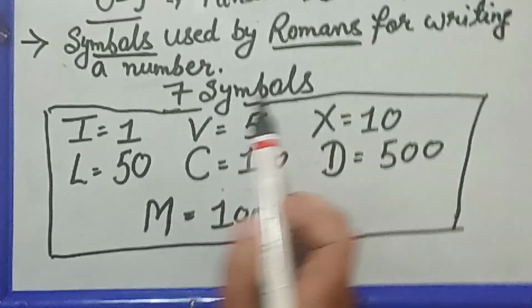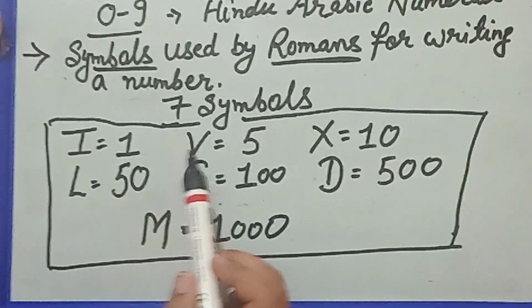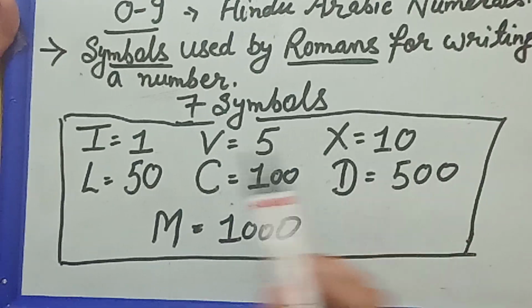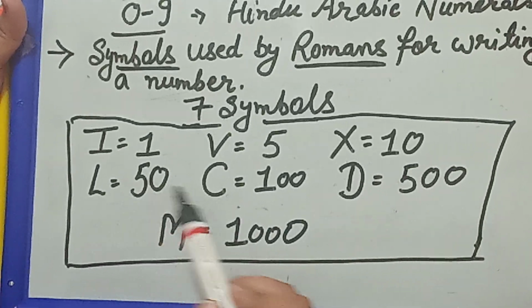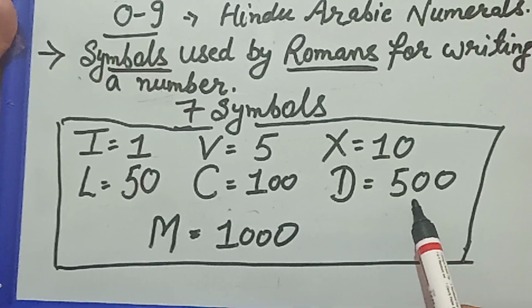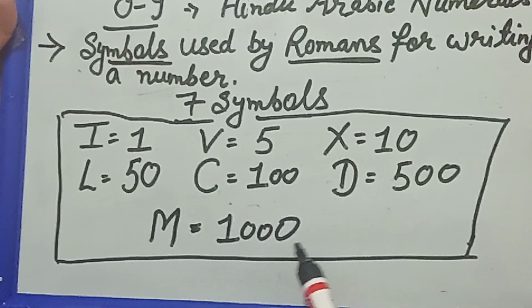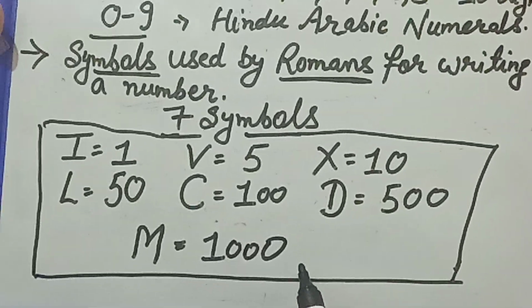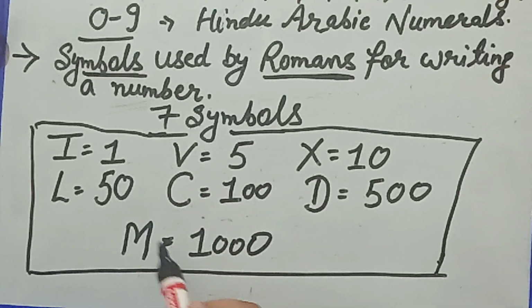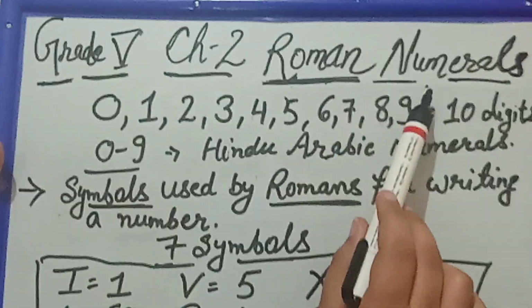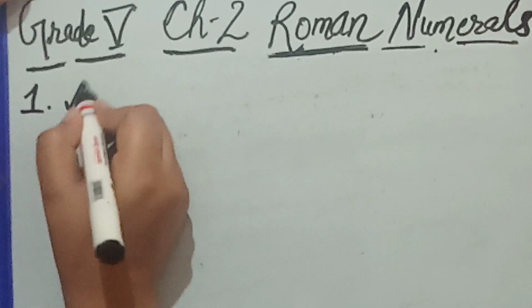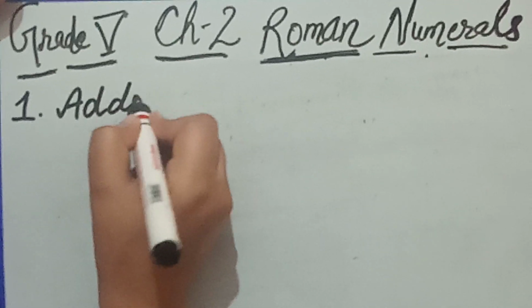I'm repeating again. I means 1, V means 5. There is X for 10, L which means 50, C means 100, D means 500, and M means 1000. And now I would like to explain some rules which we have to use for creating or writing these Roman numerals. Now the first rule which I am going to explain is addition